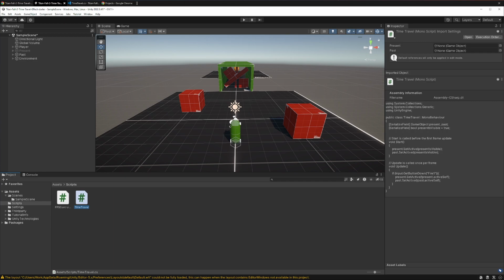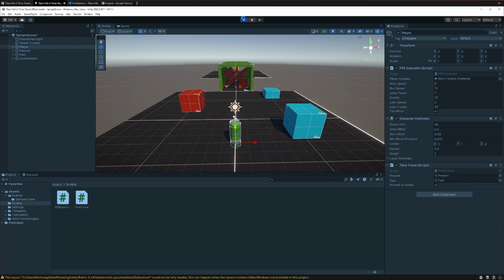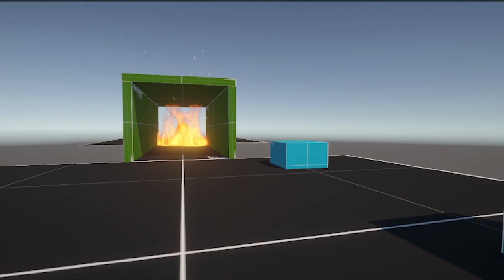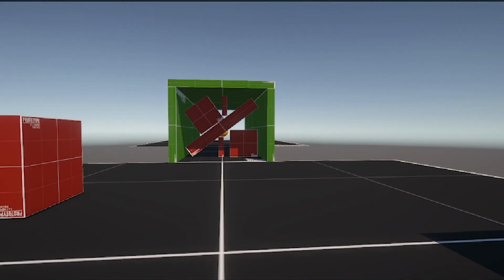Save the script, and inside Unity, go to our player controller and drag and drop the time travel script onto it. We then also need to drag and drop our past and present game objects into our script. Once all of that is done, we are able to press play on our game and see if the effect works. There we go, we only have the blue cubes and these particles,